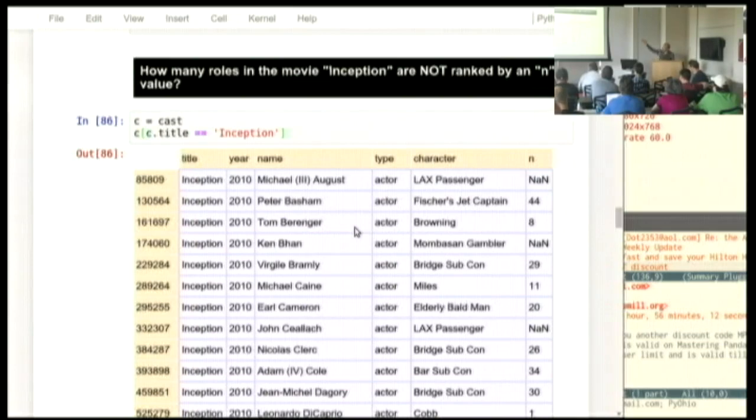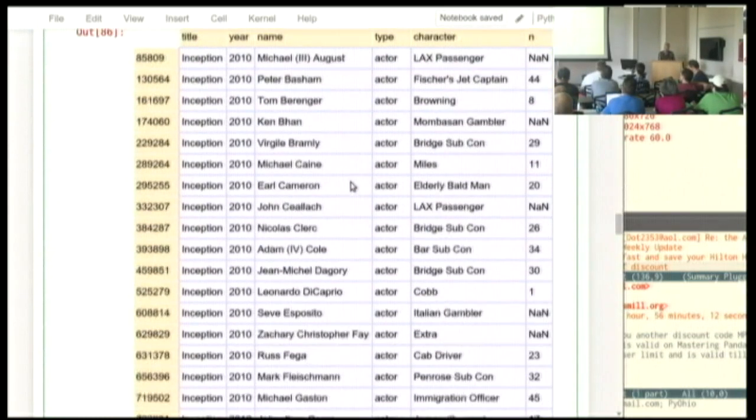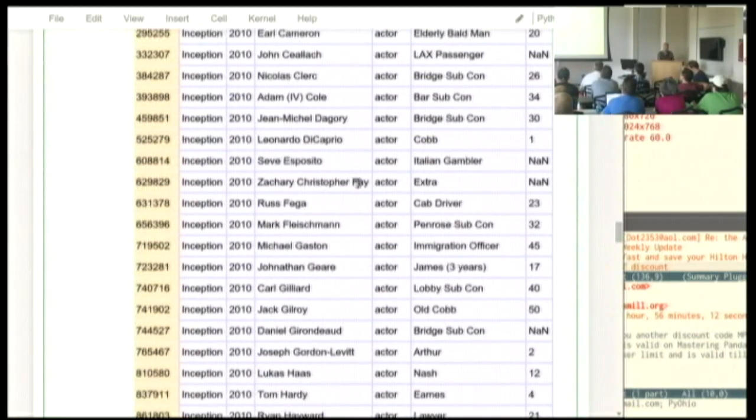So that's called the billing, but I just called it the number n to make it easy to type. And you can see that some people are so low ranking in Hollywood that they don't get a specific n value. There was a definite negotiation made as the contracts were signed that Leonardo DiCaprio is number 1 and that Joseph Gordon-Levitt is number 2.